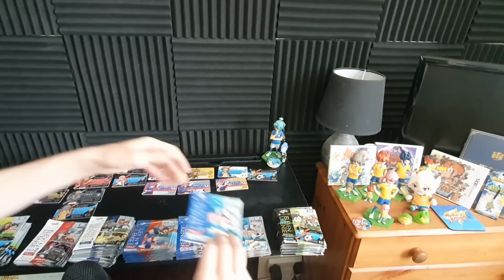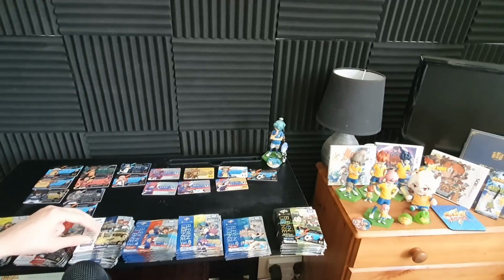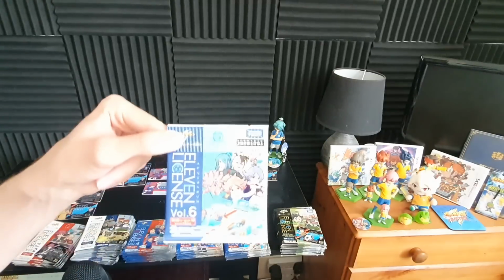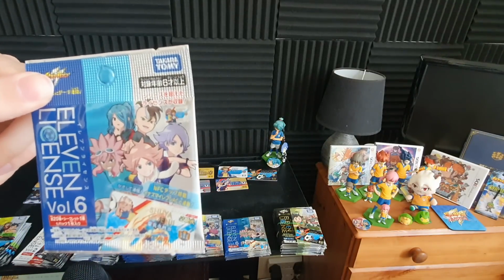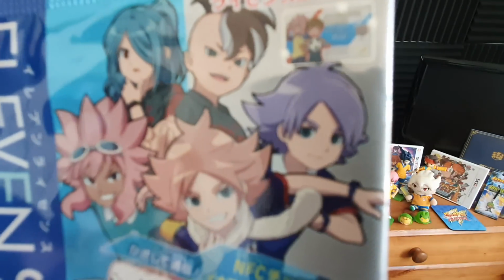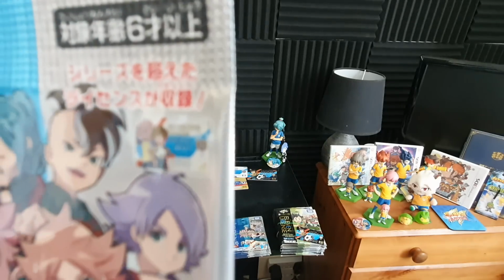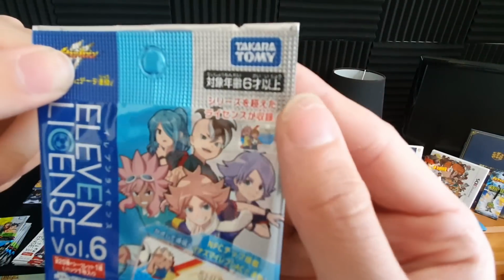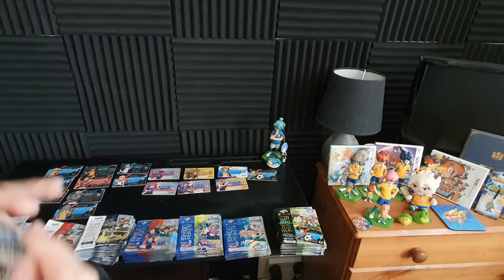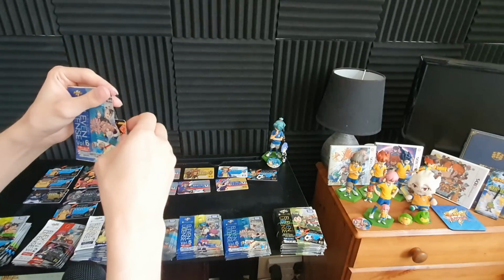So again, the main packs of interest, Volume 3 is the one that could have Hunter Foster or Jordan Greenway. Volume 6 is the one that has characters that aren't specifically from Ares or Orion, like we've got Hurley Kane there. If you look really closely, it's completely out of focus, but we've got like a twin card of Darren LeChance with Hurley Kane there. So, open it up, and we get...